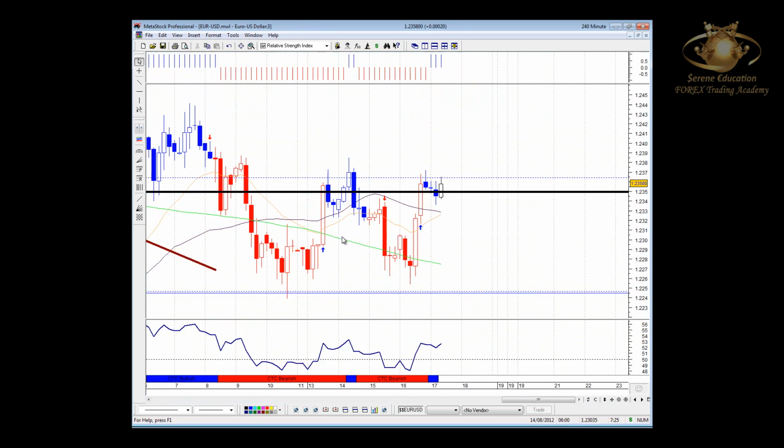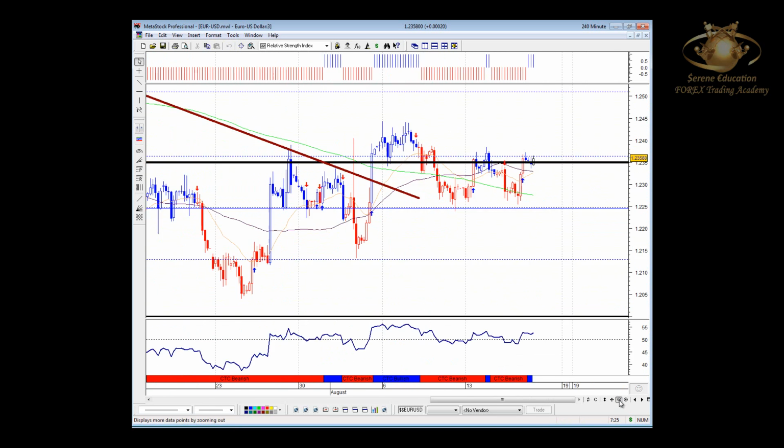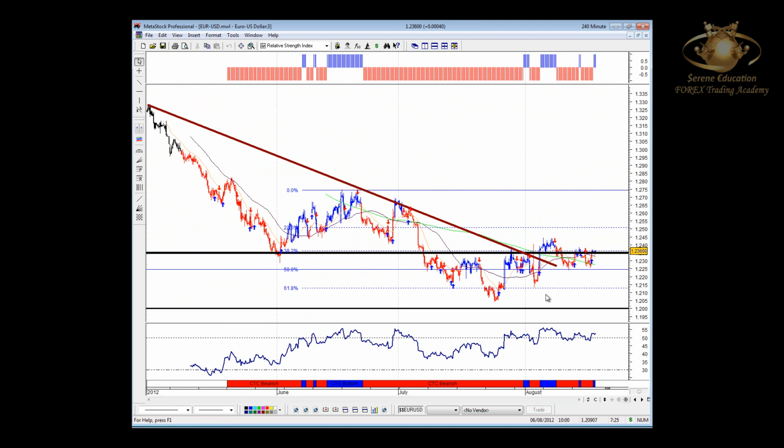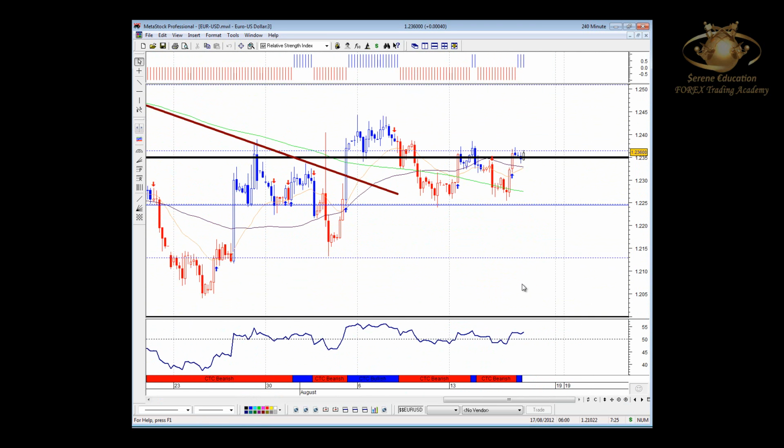1.2350 mark, and you can see 1.2355 in and around this area. At the moment, price is heading into a fib retracement area in the shape of the 38.2, which coincides with this major support and resistance level here at 1.2350. Notice RSI is above the 50% line. Moving averages are all below, price acting as support. The only thing in the way here is not only this 1.2350, but this 38.2 fib area here at